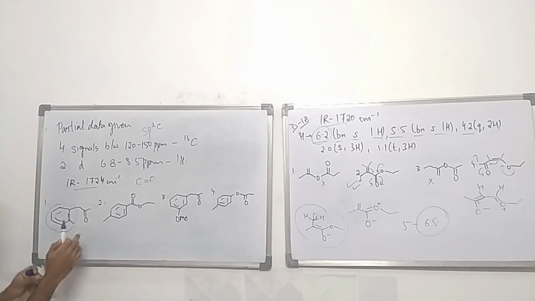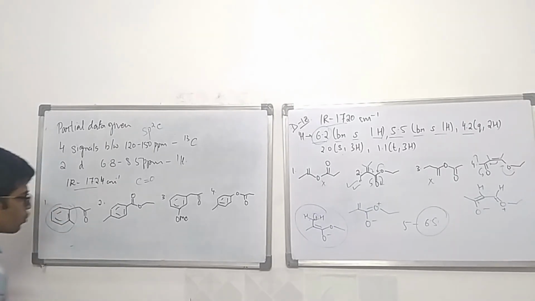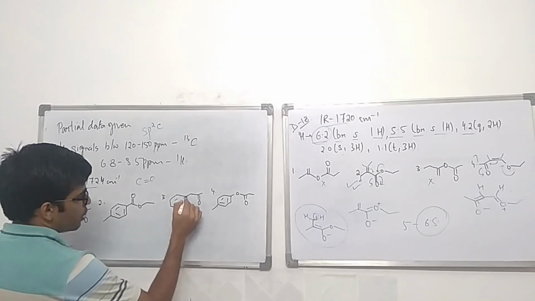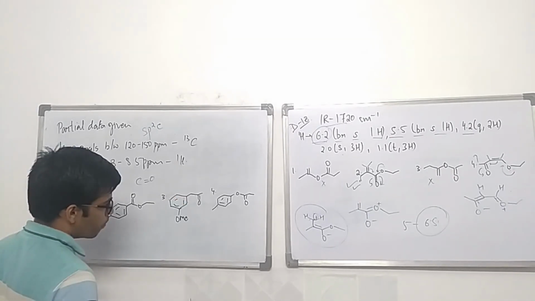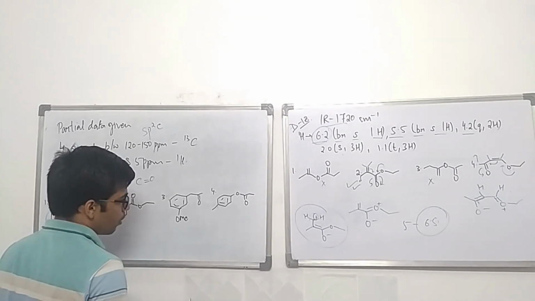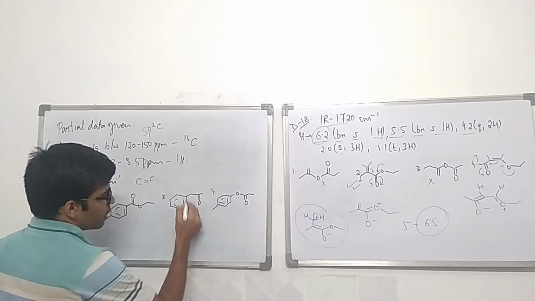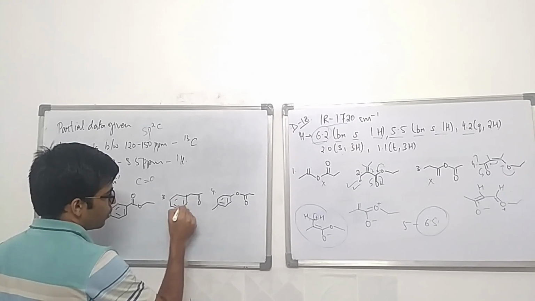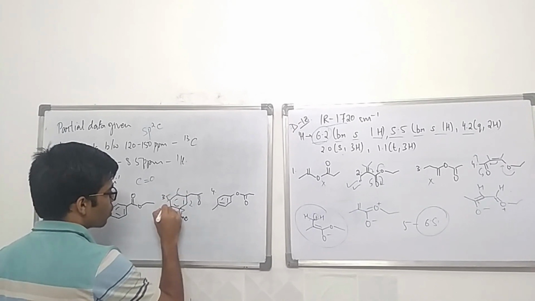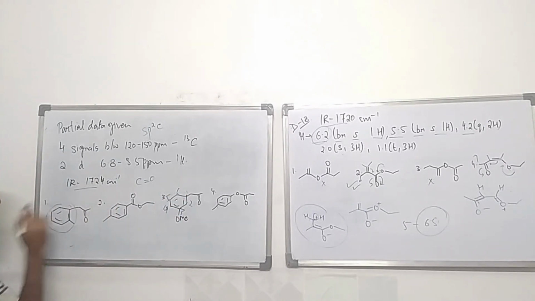So this is going to help you to scrap one of the two structures, because if you consider this structure and this structure, you can see all of the 6 carbon atoms of the aromatic ring are chemically different. So that means this is different from this and all of these. All the 6, 1, 2, 3, 4, 5 and 6, all of them are different. Similarly, all of them are different here.